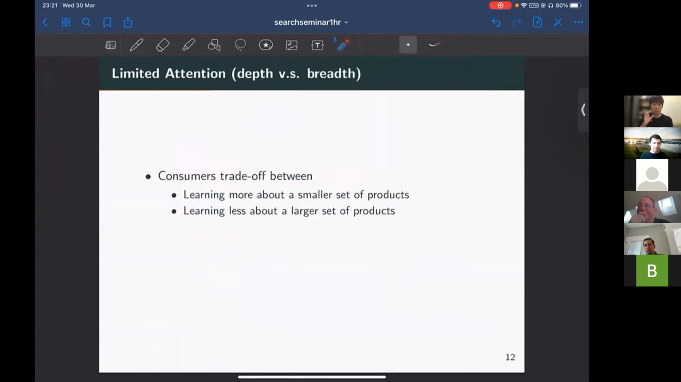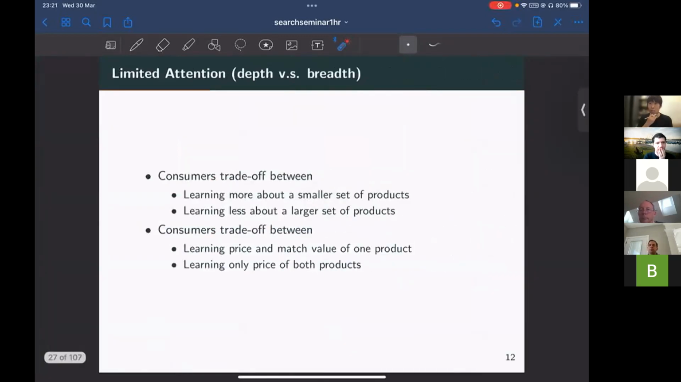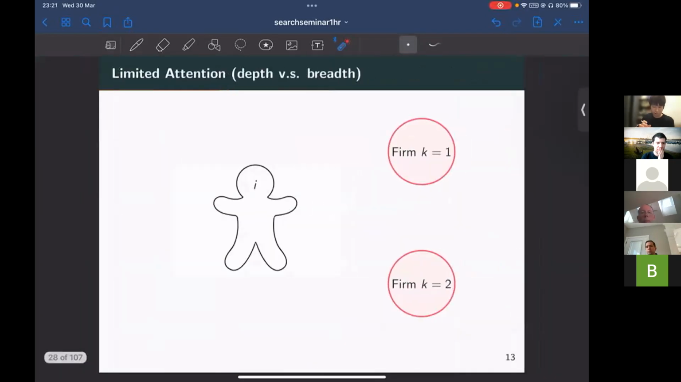So this is again the limited attention, the depth and breadth that we're trying to model. In this model with two firms, it boils down to something almost trivial: consumers are trading off between learning the price and match value of one product, or learning the prices of both products, especially because we assume the consumer has to learn the price before they buy. Okay? So to model this limited attention, we're going to look at a very simple